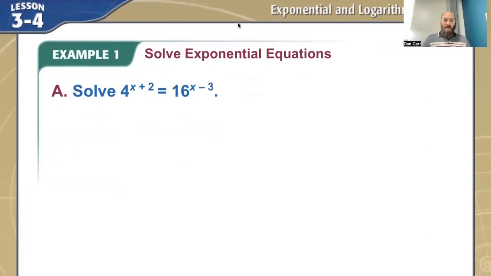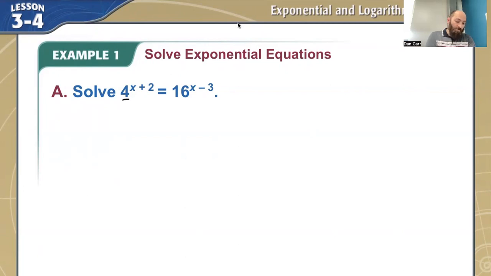So 4 raised to the x plus 2 power equals 16 raised to the x minus 3 power. What makes this easier is if I can turn everything into the same base number. So instead of dealing with 4 versus 16, maybe I can change them into the same thing. Now, thankfully, 16 is the same as 4 squared. So I can rewrite, at least the right side of the equation, as 4 squared instead